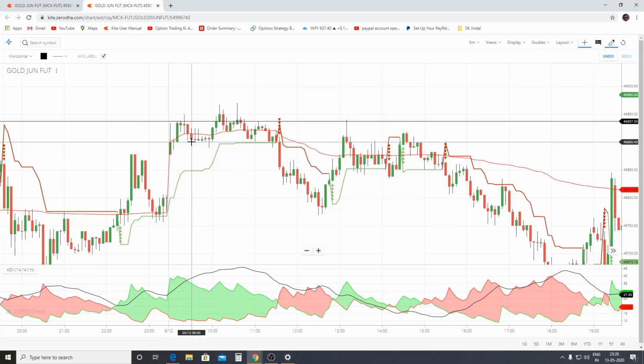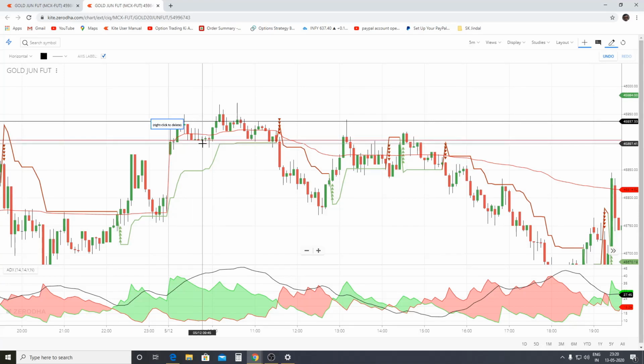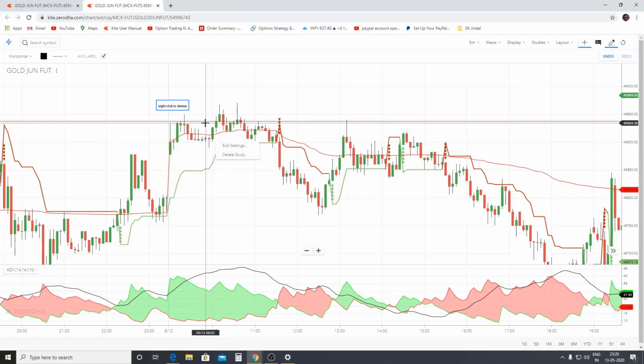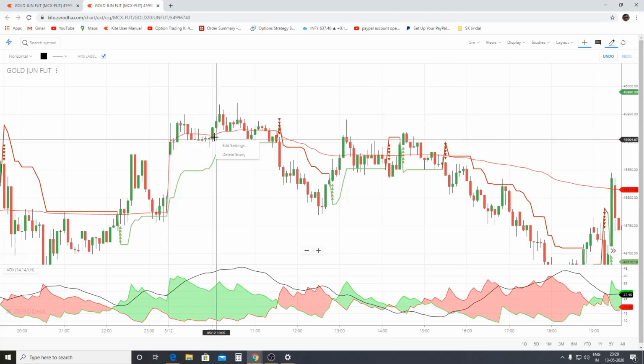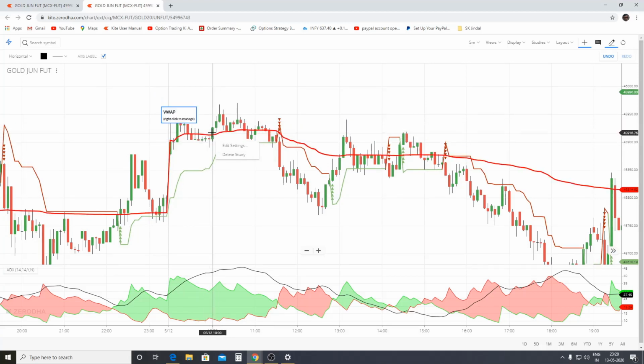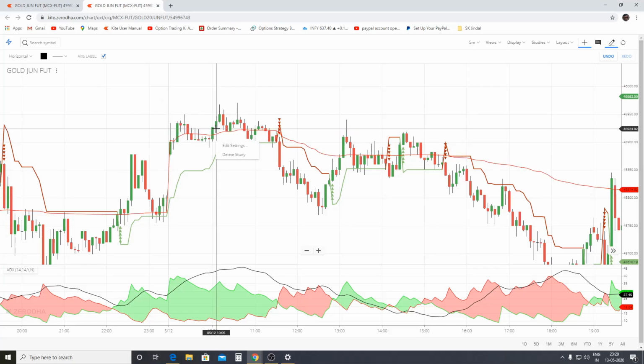Now this was the red candle which gives solid closing below VWAP. Now I would expect at least one candle to give a solid closing below its low, but none of the candles gave a solid closing below its low, so my trade is not yet generated. Now this green candle has given a solid close above VWAP, and this candle has given a solid close, so potentially this would be my entry candle.